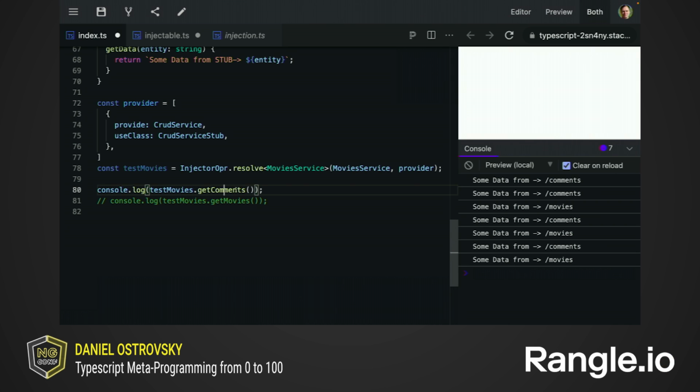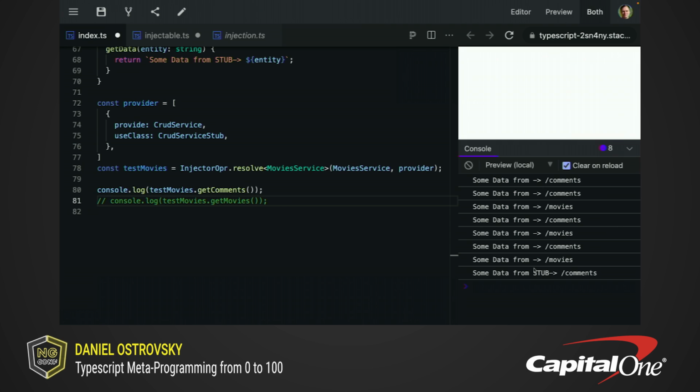Yep. Let's stub. Okay, so now data comes from stub. Now, this is dependency injection. It's pretty simple. So basically, the reflection metadata or reflect data is a key value map that's saved somewhere, I don't care where it is saved, on our class, on our target, the class that we're working on. And we can use this data for many different purposes. This is one of them, okay?